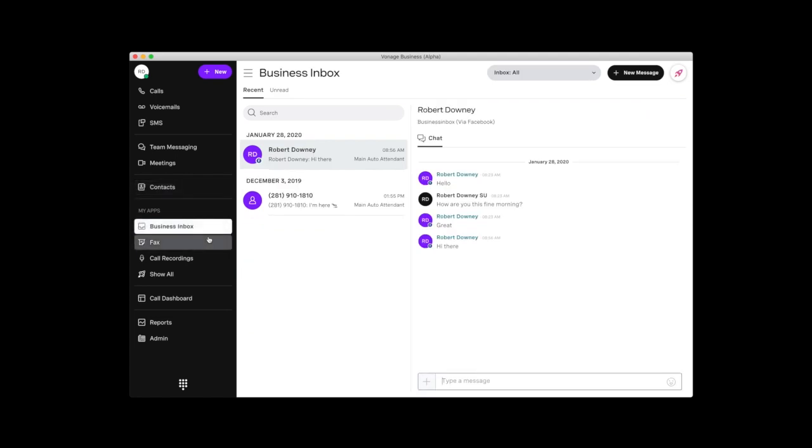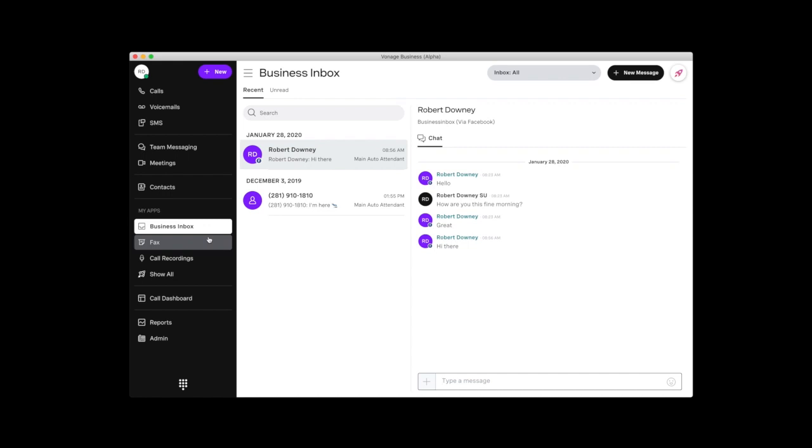Business Inbox is an add-on feature which allows you to leverage your main telephone number as an SMS contact point with your customers. This allows you to assign a group of users to monitor the telephone number as an SMS contact system, and this will allow you to no longer have a single point of failure. When a customer calls, it will go through voice routing. If they text, a team of people will see that message, and anyone on that team will be able to respond to that message, but all members of the team will see the communication.